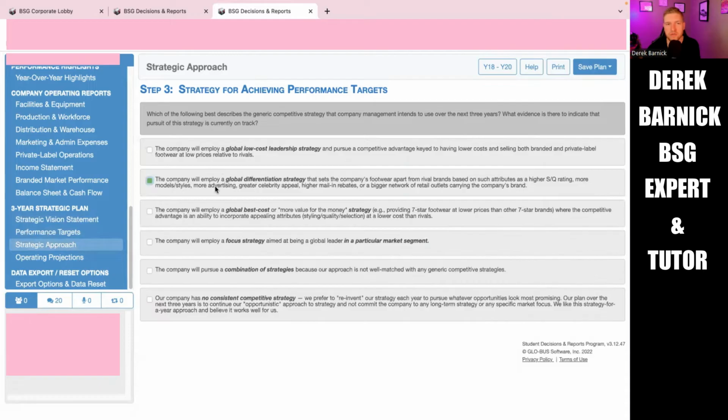So all right, first thing we're going to do is let's go ahead and get into the strategic approach. So with the strategic approach, you're going to see these different categories. So for example, you have global low cost, global differentiation, global best cost, focus strategy, combination of strategies, and no consistent competitive strategy. Most of my clients that I tutor,